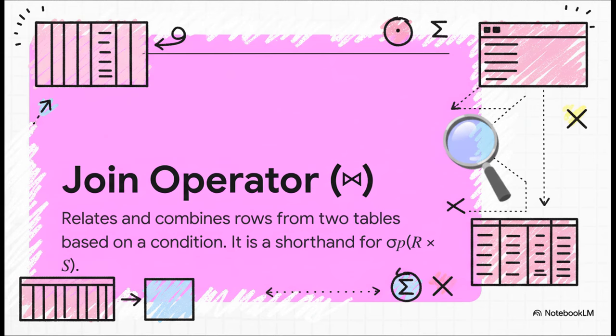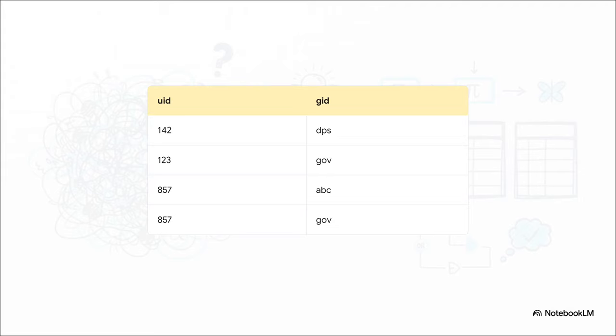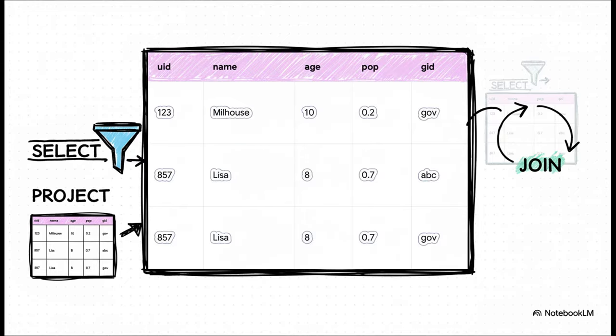And this is the genius of it all. We can keep our data in small, clean, logical tables and then weave them together only when we need to ask a question. Okay, let's see this thing in action. On one side, we've got our good old user table. On the other side, we've got a brand new member table, which just links user IDs to the groups they belong to. The key here, the critical part, is that they both share that UID column. That's our bridge.